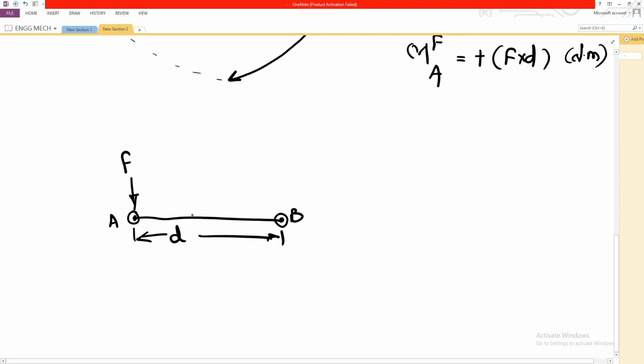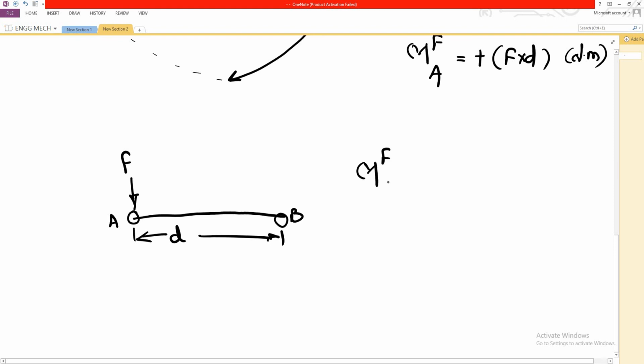Because if we are taking a span on which forces are acting, then we can determine moment with respect to as many points as possible. We can calculate moment with respect to point C or D, or let's say up to XYZ. Put any number of points on the bar, you can calculate the moment with respect to that specific point. There can be as many points possible and as many forces possible. But for now just remember that we are talking about the moment with respect to points A and B. How are we going to write it down?